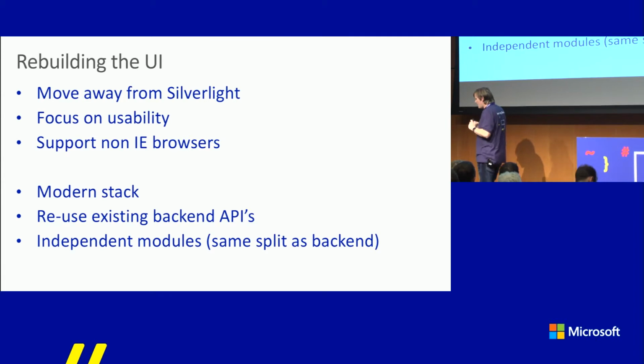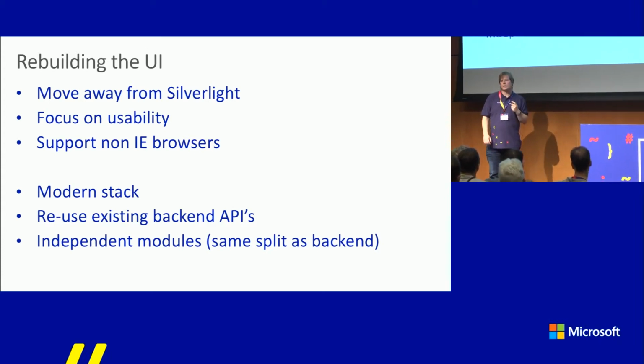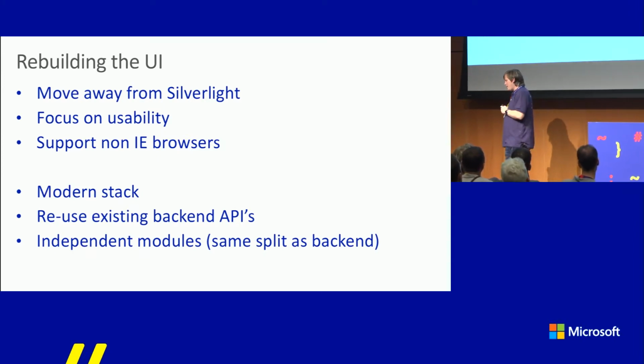Another thing is that we wanted to focus on usability. The front end hasn't had major usability upgrades in the past couple of years, so when we decided it was time to rebuild the whole thing, we might as well take some time and do it right? So that's one of the key things I think that is currently on our minds as to how can we make this piece of software more usable for our users. And of course,